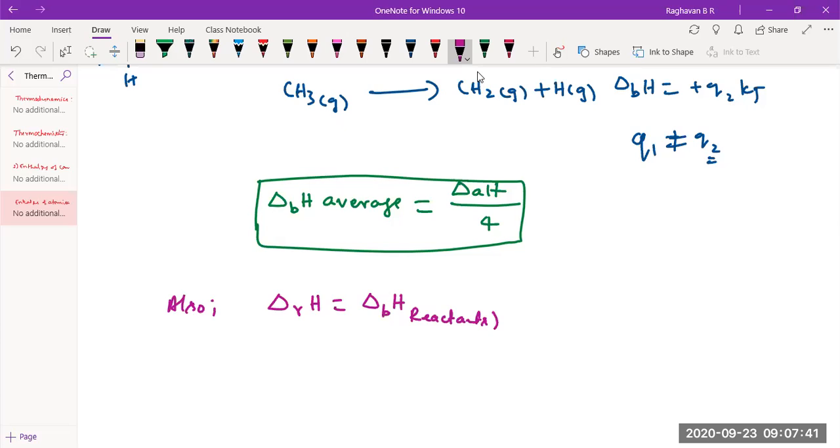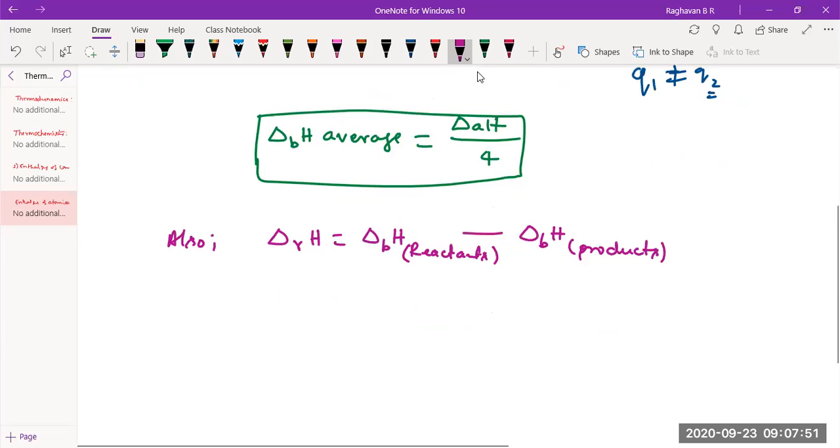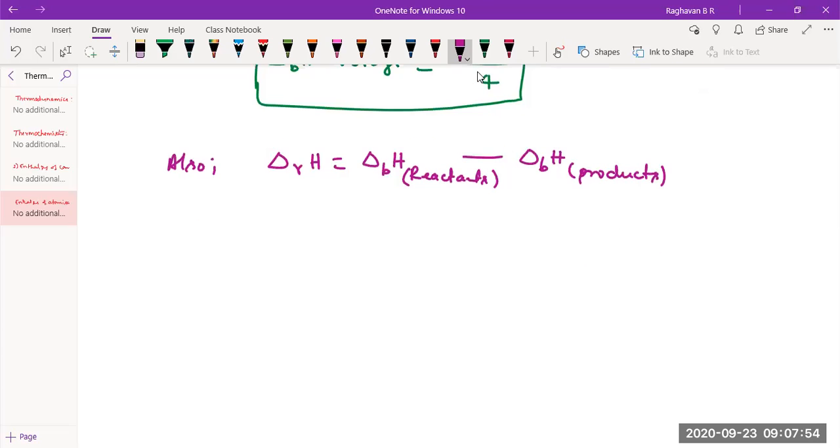This is used in problem solving, and bond enthalpy values of products. Okay, like this. For example, when you take something like C2H6 plus, say, O2 giving rise to 2CO2 plus 3H2O, it is 7 by 2, right? This is the reaction for which if you want to calculate enthalpy of reaction when bond enthalpies are given, so